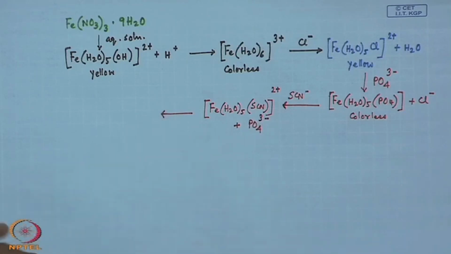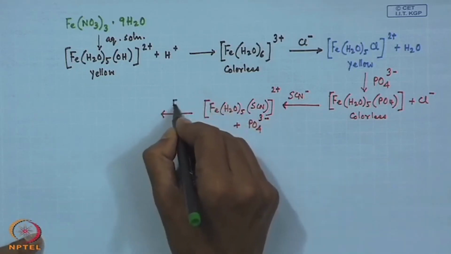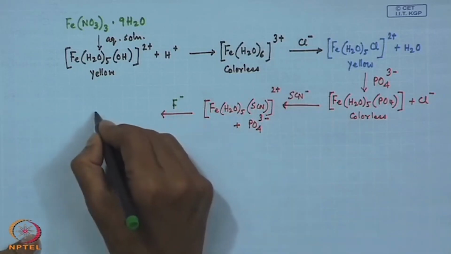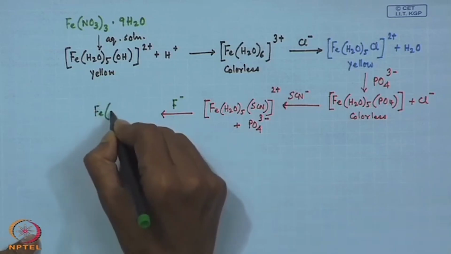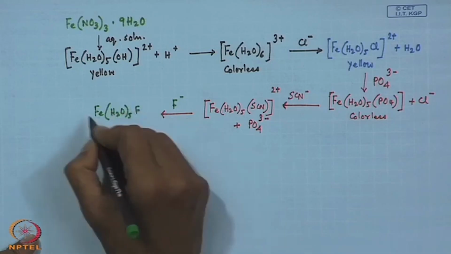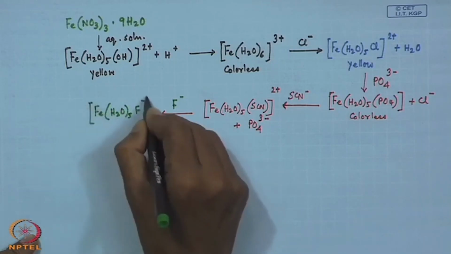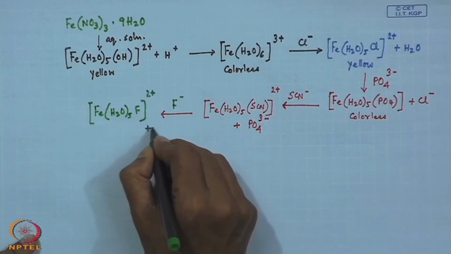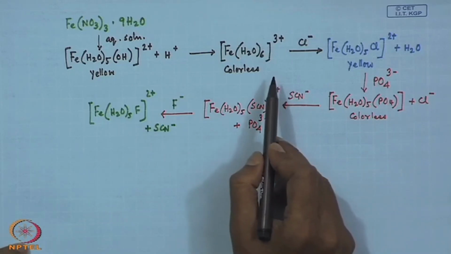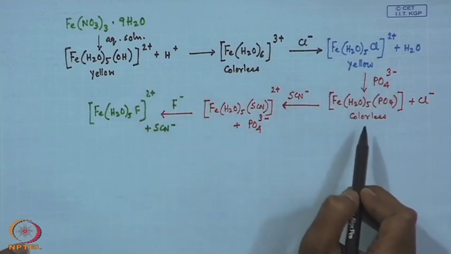and this further can react with fluoride anion, unlike this chloride anion, but it can have stronger binding affinity. So, you have [Fe(H2O)5F]2+ and SCN minus. So, we have given some examples of these metal complexes and their corresponding ligand substitution reactions one after